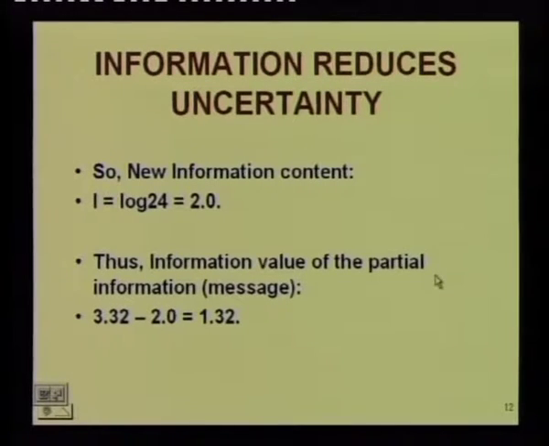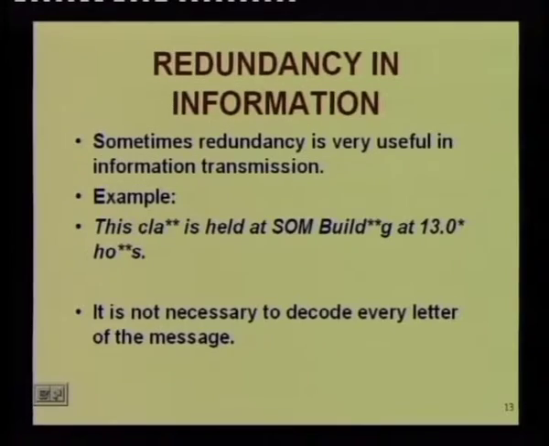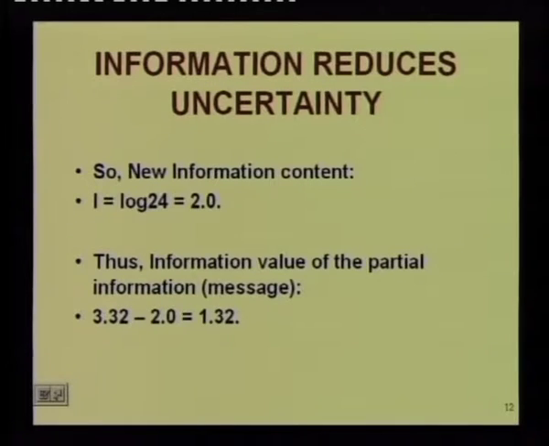So, in this case, we understand that if we have a measure of information and a particular message comes, and using that message we see that it reduces the information content, therefore, we can say that information has reduced uncertainty to some extent. Then, in this context,